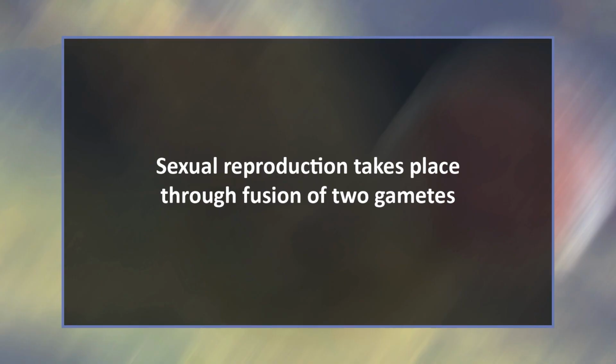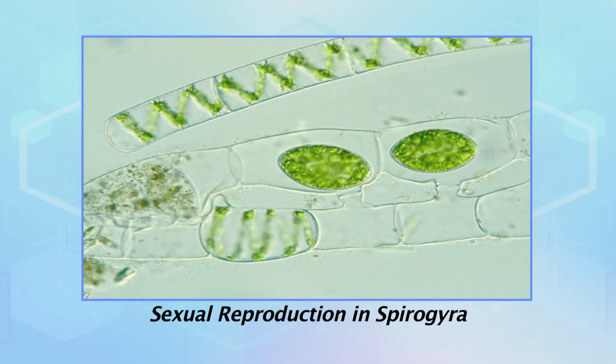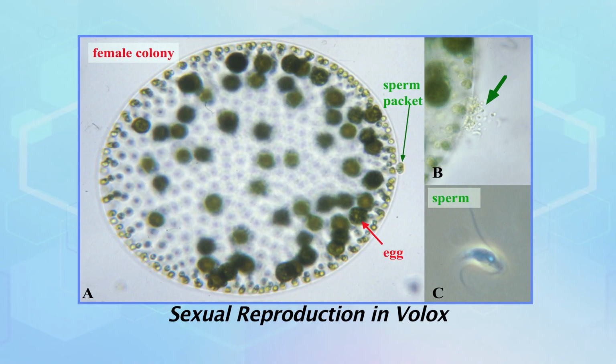Sexual reproduction takes place through fusion of two gametes. These gametes can be flagellated and similar in size as in Chlamydomonas, or non-flagellated, that is non-motile but similar in size as in Spirogyra. Such reproduction is called isogamous. Fusion of two gametes dissimilar in size as in some species of Chlamydomonas is termed as anisogamous. Fusion between one large non-motile, that is static female gamete, and a smaller motile male gamete is termed oogamous, for example Volvox